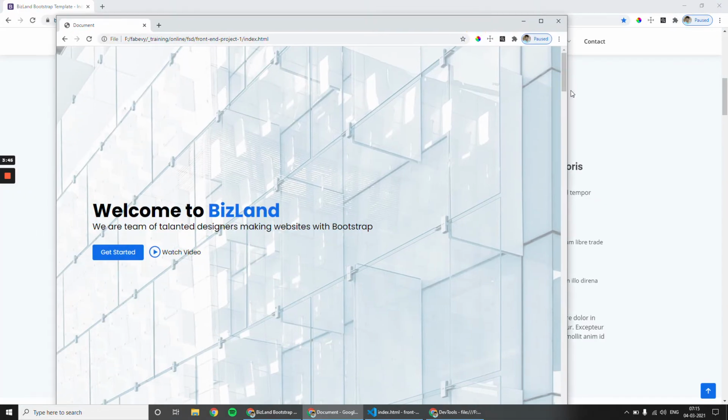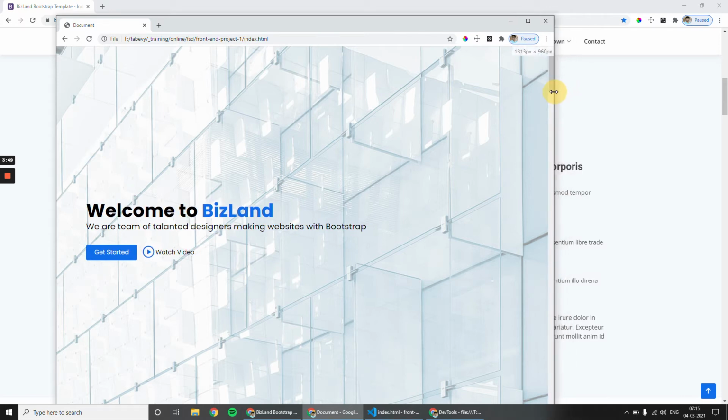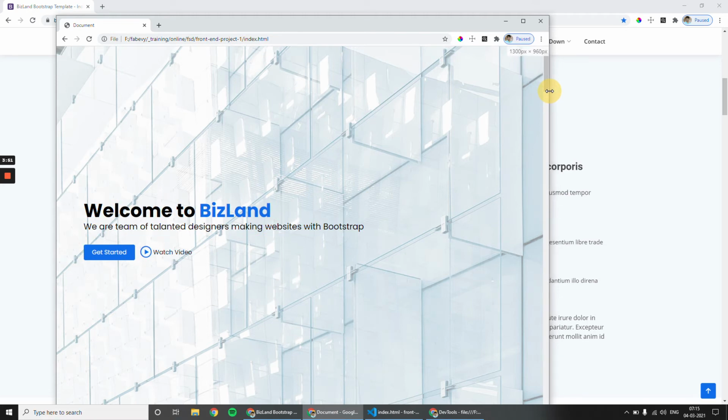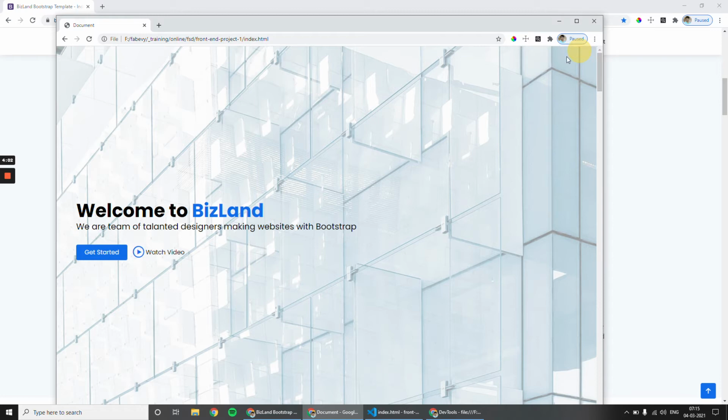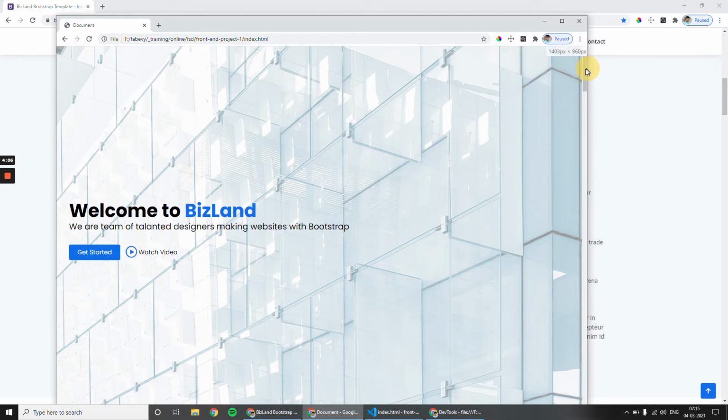Now if you resize your browser window, you can see the dimension on the right side. You have to set where you want to keep your browser.